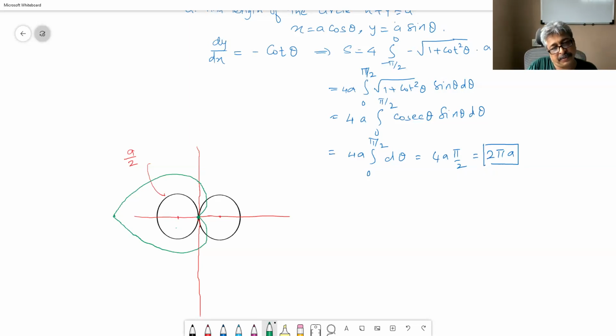And because of this shape it is called a cardioid. Okay, the upper half looks good, the bottom does not, but anyway it is difficult with the tablet. So we wish to find the length of the cardioid, the perimeter of the cardioid.